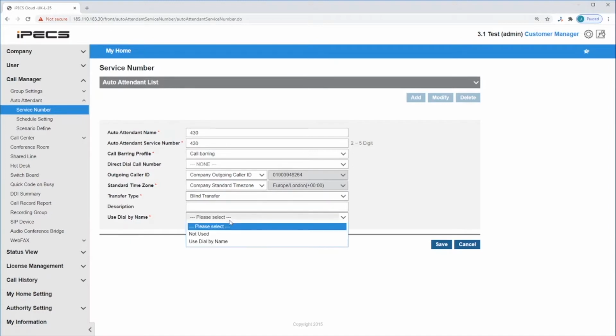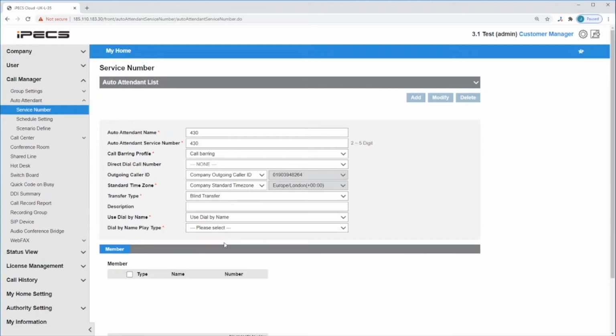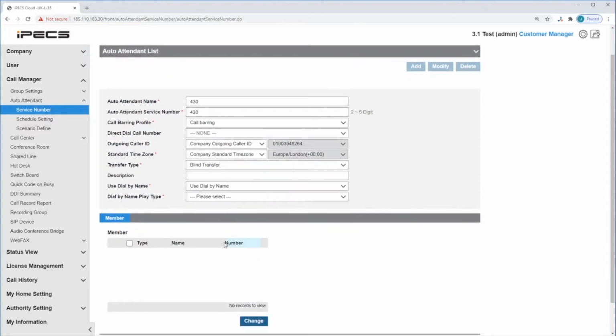Your Auto Attendant can be set as dial by name. Dial by name allows external callers and users to search for an extension if they do not know the station number but are aware of the user's name. The external caller will use a dial pad to enter the extension name. For example, the number 2 will be pressed for the letter A, and number 9 will be pressed for the